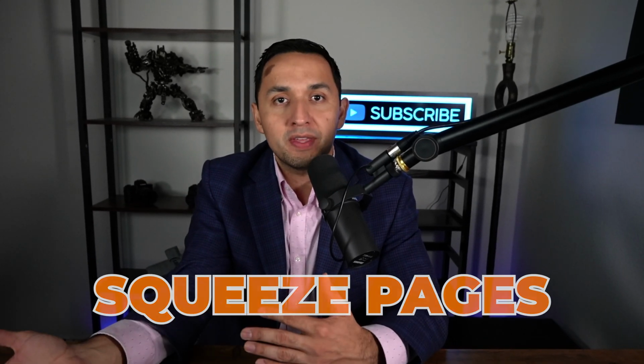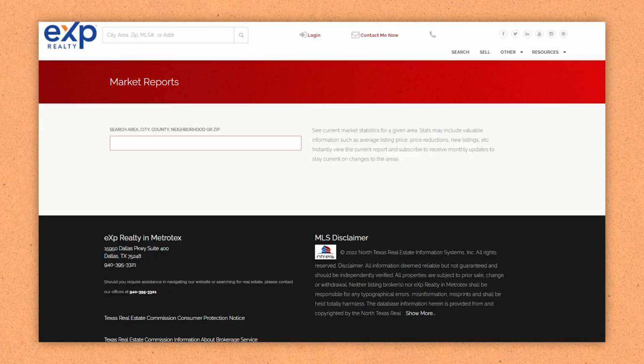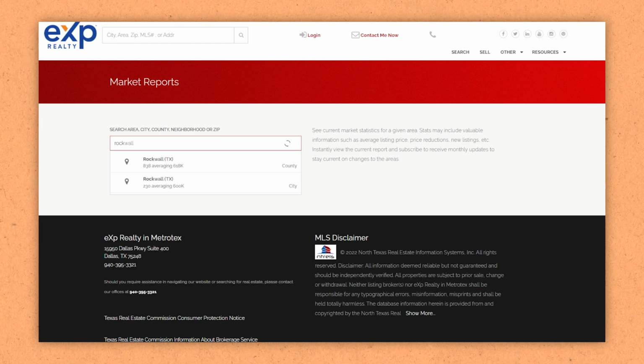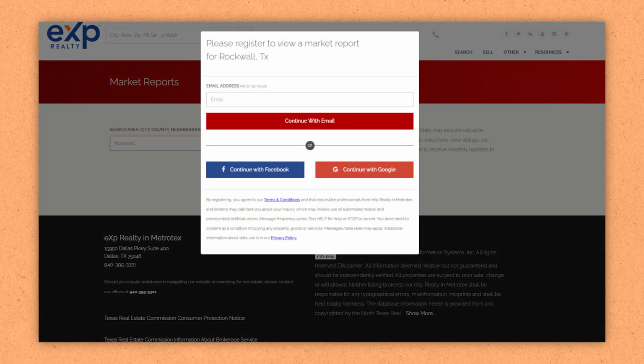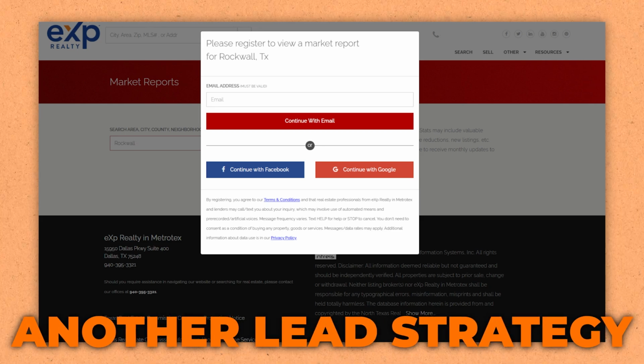And in that same vein, you're able to leverage squeeze pages that will give the consumer access to something within the MLS, meaning if you wanted to run a quick CMA for a homeowner because they want to know the value of their home, well, you could use your kvCORE and a squeeze page in order to allow them to use it. So when somebody types in their address, just curious on what their home value could potentially be, well, before they get the full report back, they have to give you their contact information. Again, another lead strategy. So that's phenomenal.